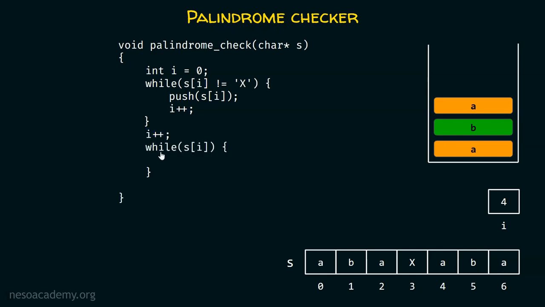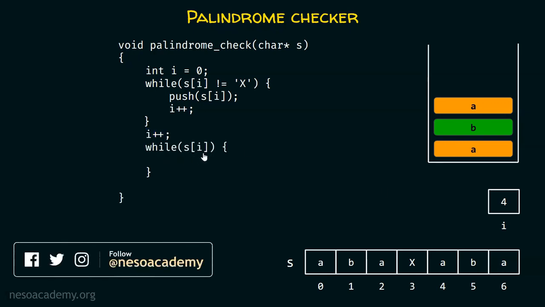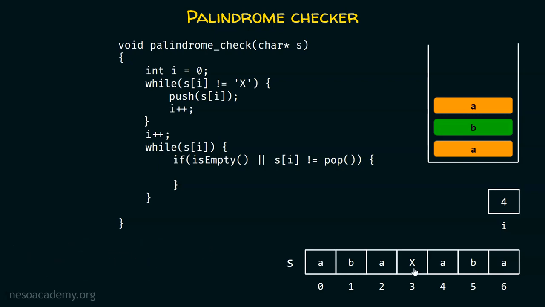For this purpose, we need this while loop, while S[i]. And in this while loop, we will check this condition. If is empty, if stack is empty, we are trying to compare all these elements with these elements, right? Here we have to check this, is stack empty? If at all it is the case that stack is empty, this means that we haven't pushed anything onto the stack and we have reached the middle of the string, right? And we are trying to pop an element out of the stack, which is not possible. That's why if this condition is satisfied, or if it is the case that S[i] is not equal to pop,